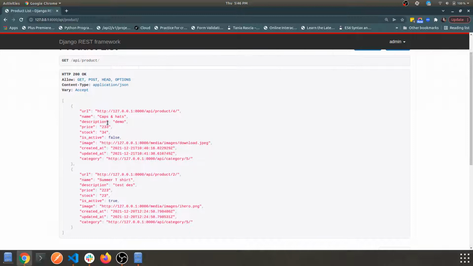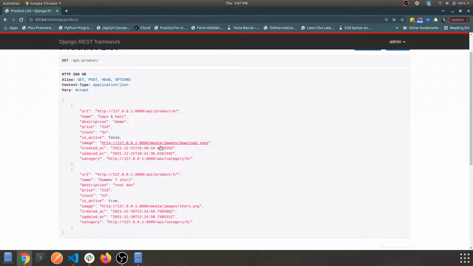In this video we are going to make this a bit precise, and we will also have a unique ID which will identify that specific product, and we'll be adding an image serializer for the image field that we have here.